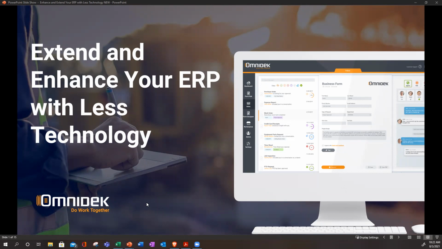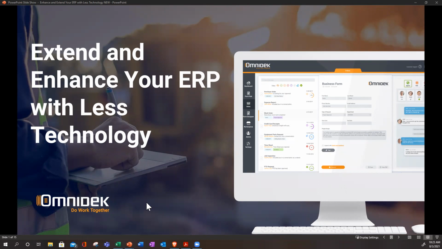Extending and enhancing your current job cost accounting system or ERP system, whether you're in real estate, construction, or another vertical. This is a hot topic for a lot of companies as many companies are being pushed to move to software as a service or cloud-based accounting systems, and you might not be ready to do that. Making a migration or an upgrade to a cloud-based accounting system can be cumbersome. It can take a hit on staff morale and certainly take a good part of a year to get completed